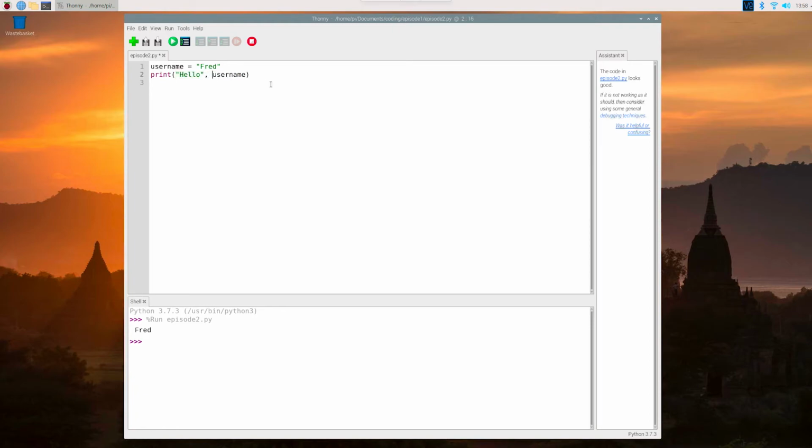So what I've done there is I've added the text hello to the print command, and then a comma, and then the username. And what's happening here is with the print command you can print out more than one thing. So you can print out a list of things separated by commas. So I'm asking here for the print command to print out hello and then print out the contents of username. So if we run that, now we can see that the program's saying hello Fred,